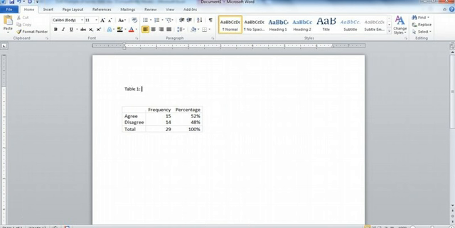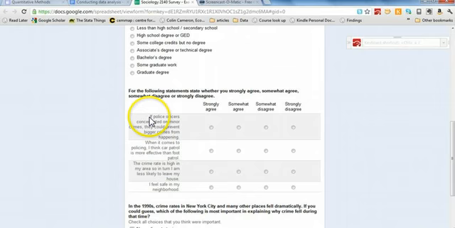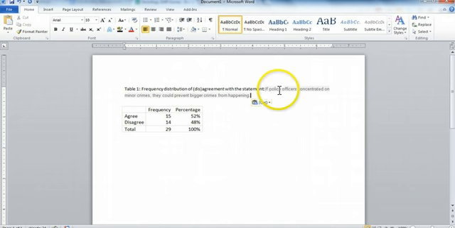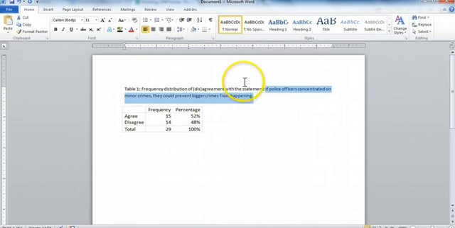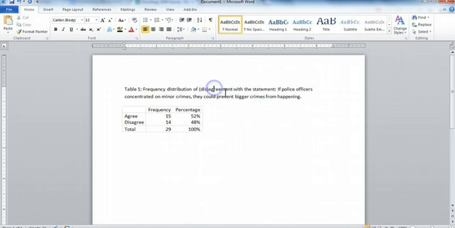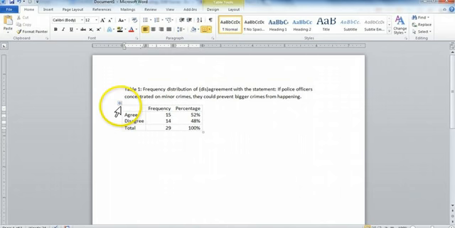So this is Table 1, frequency distribution of agreement with the statement, and then I'm going to enter in the statement that was in the survey: "If police officers concentrated on minor crimes, they could prevent bigger crimes from happening." And I want to make sure that's in the right format and the right size. And once I've done that, lined up the table a little bit,